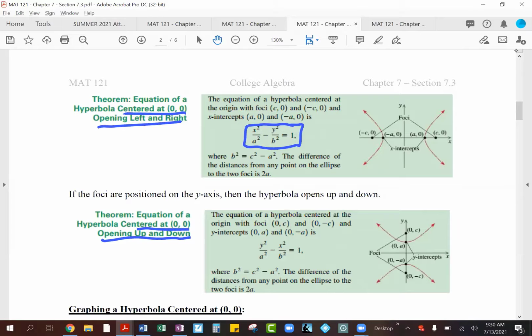And then since your hyperbola is opening left and right, the foci will fall on the x-axis. You can see we have x-intercepts at a, 0 and negative a, 0. So this is our x-intercept, focus, focus, and x-intercept. We don't technically have a y-intercept in this case because your hyperbola is crossing the x-axis and not the y-axis. And then here's the relationship between your A, B, and C values. You can either remember this equation B squared equals C squared minus A squared, or